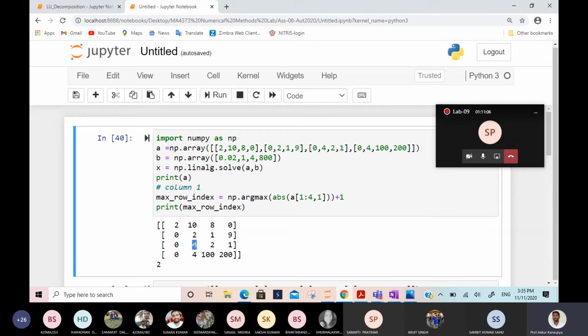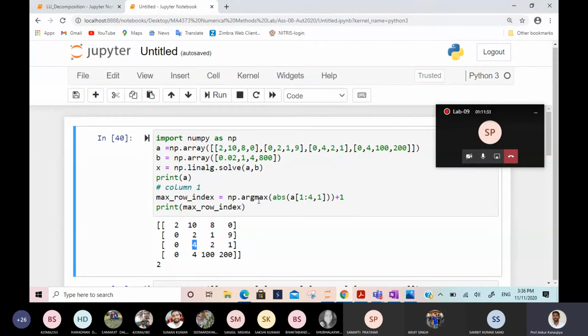That means we'll interchange this row. We have both choices: we can interchange either the third row or the second row. But this argmax automatically gives the minimum, meaning whichever comes first, it will take as the maximum. So the 4 that comes first, it will take as the maximum. So no problem. That is partial pivoting. We take the least integer such that the maximum occurs, and that is automatically taken care of by this function.